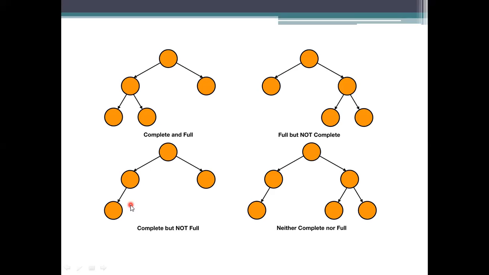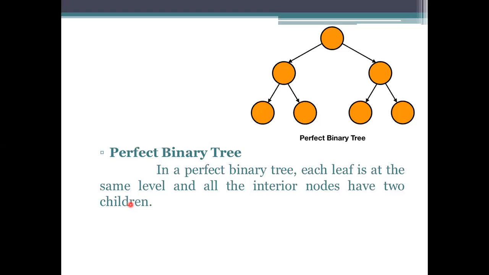I'm coming to the next one. Neither complete nor full here. At the first one, you have one child, and on the second, the right side, you have 2 children. What happens here? The right child has 2 children, which is greater compared to the left side. So in this representation, we are not saying that it is a complete tree and also a full tree, because it is having one-child representation in that one.